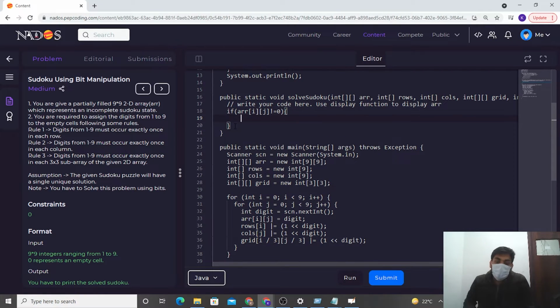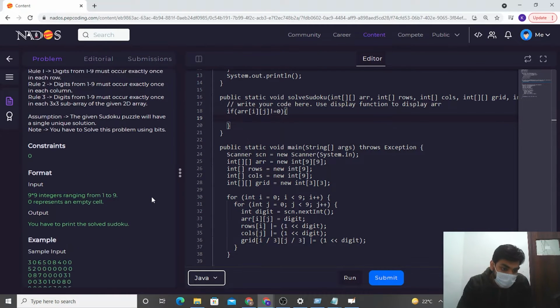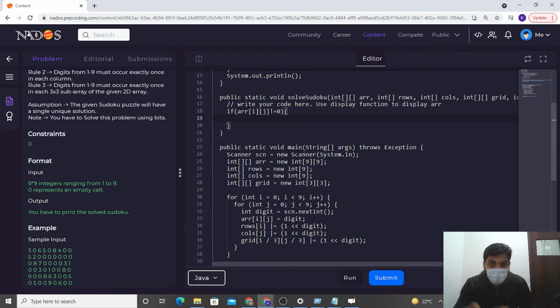Why? Because if it is not 0, that means the number is already there. If it's 0, then only I'll add the number. If it is already a non-zero number, I need to simply pass. So we'll recursively call this function. Array would be as it is, rows would be as it is, cols would be as it is, grid would be as it is.